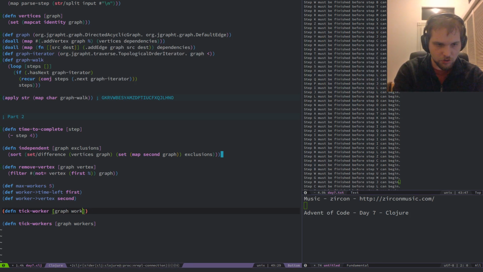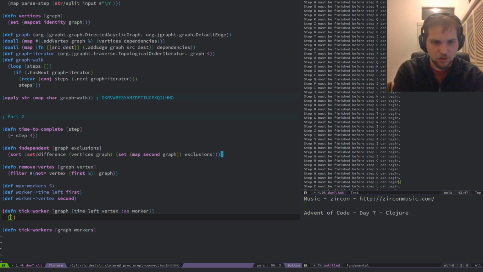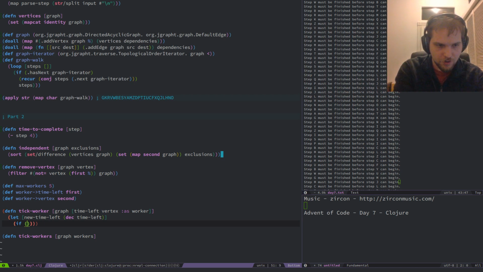Given a graph and a worker, which is just a time left and a vertex as worker, I'm going to return, there's that. If 0 new time left,